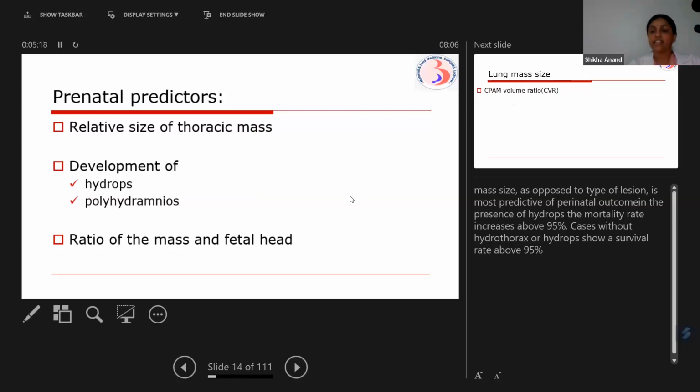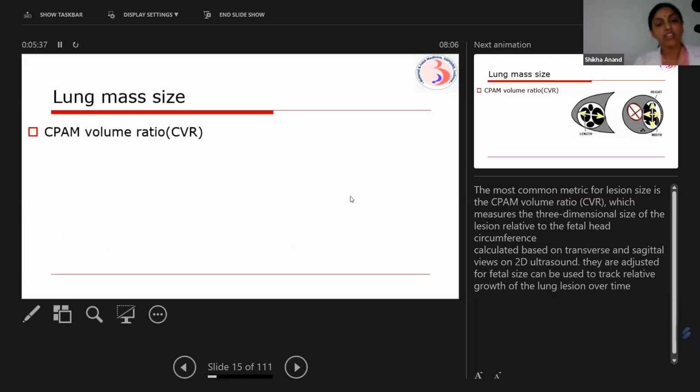So the size of the thoracic mass is the most important predictor of the perinatal outcome, along with the development of the hydrops. And this size of the mass is calculated in comparison with the fetal head. So basically the ratio is calculated because the fetus will keep on growing throughout the gestation. So the metric which is used is the CPAM volume ratio to calculate the relative size of the mass throughout